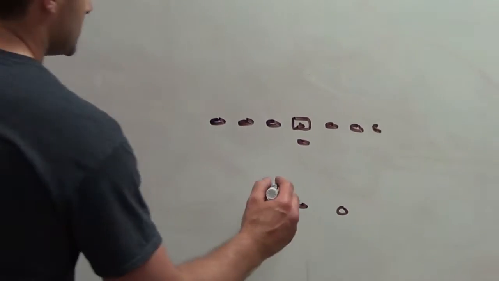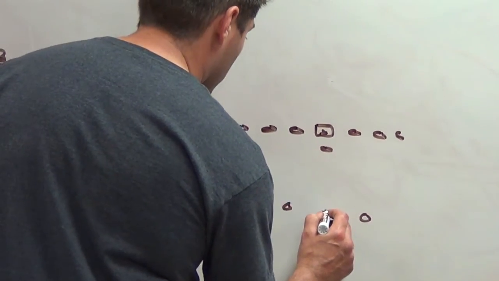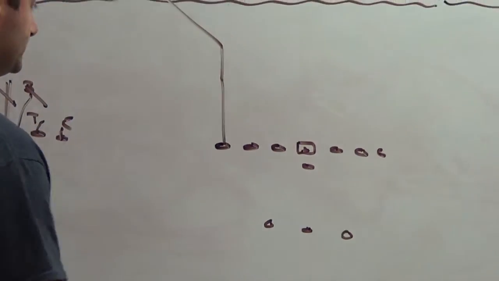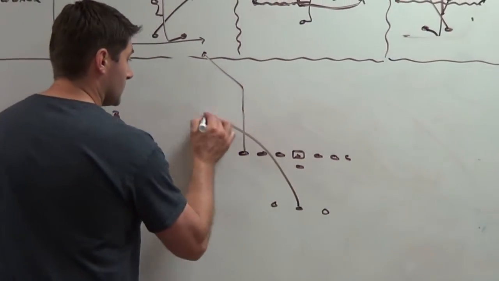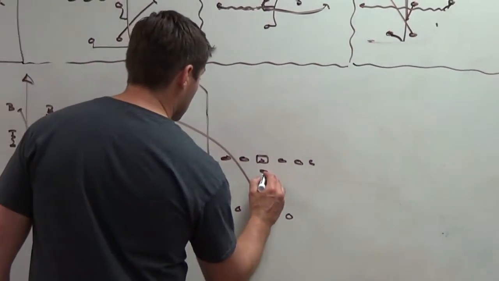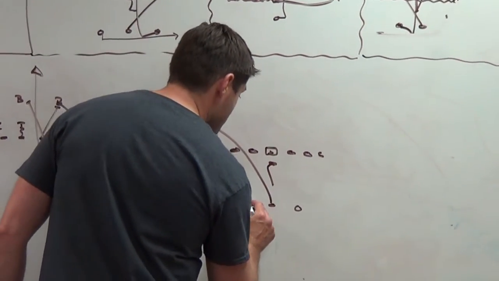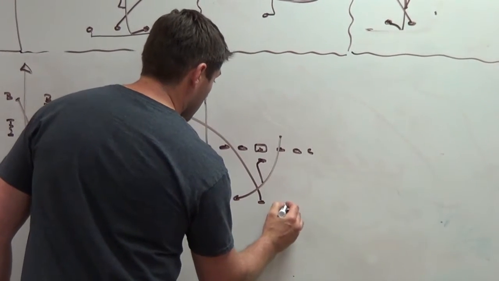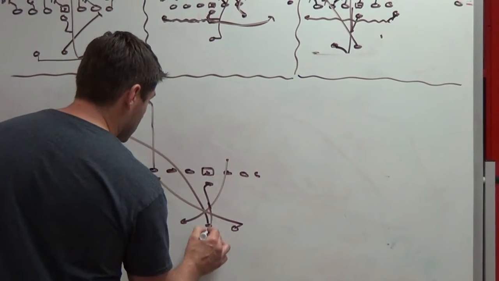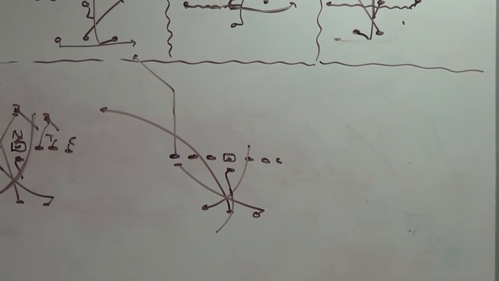All right, so split flow right here. He goes out. Fullback to the flat. Quarterback opens up. Running back jab steps, comes across, takes the defensive end, and then the quarterback sets up and he looks to